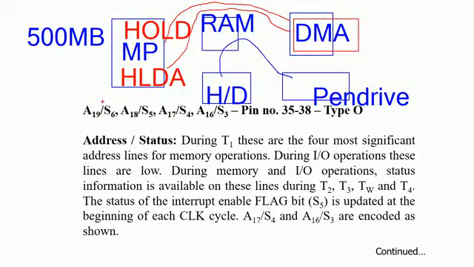whether the system bus is under the control of the microprocessor or the DMA, we have the S6 signal. The S6 signal indicates whether the microprocessor has the control over the system bus or not. If you read the S6 status as a binary 1, then the microprocessor has the control over the system bus. If you read this status as a 0, then some other bus master, some other device,